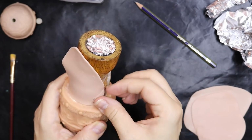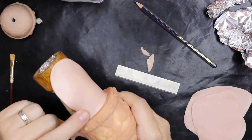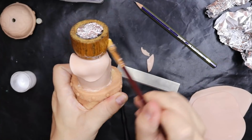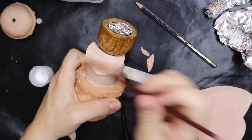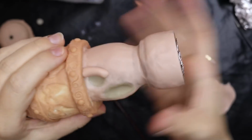Make sure I go around the eyes because I don't want to cover that up. I'll get to that in a minute when I've covered the entire thing. So I'm just going to cover the entire thing like I'm doing right now. And then once I've done that, I will come back to you all and start adding the details. Okay, I covered the entire thing with clay, and now I might have to work on the wrinkles first,